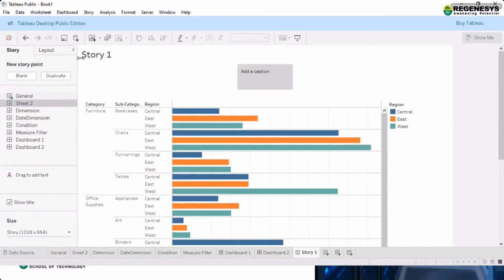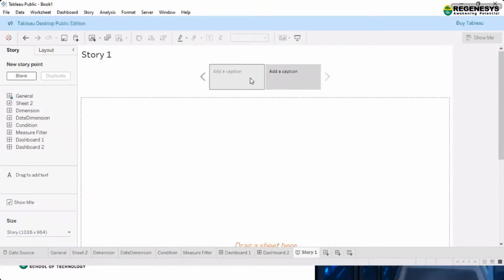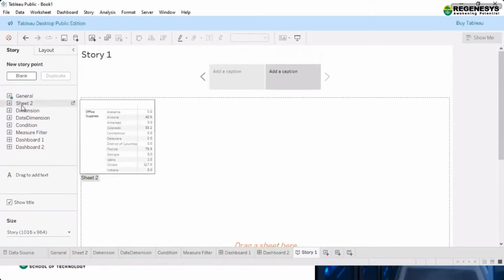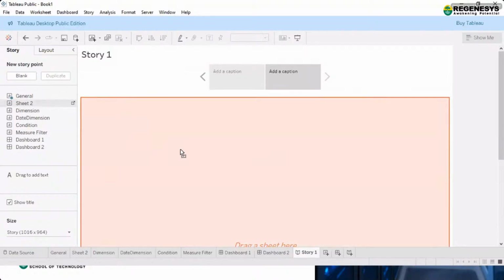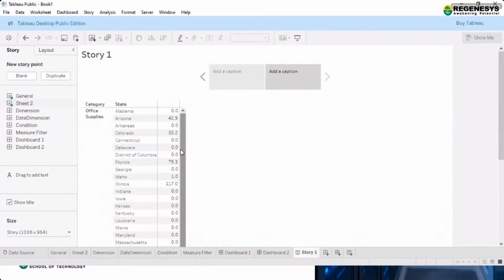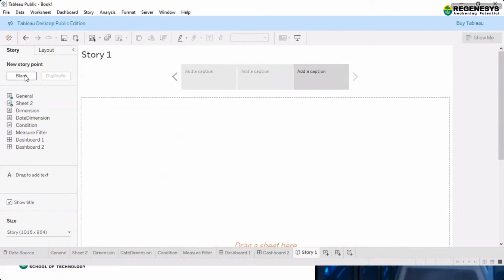Now for the second page, I have to create a new blank page. When I create a blank page, you can see the pages are now created. On page 2, I am adding sheet 2. Let's create another one which is taking my dimensions.